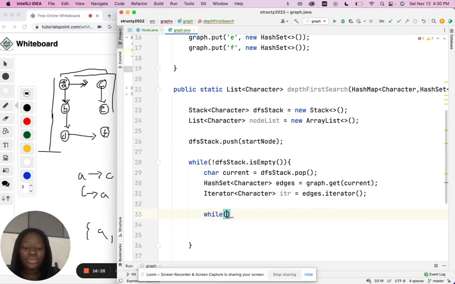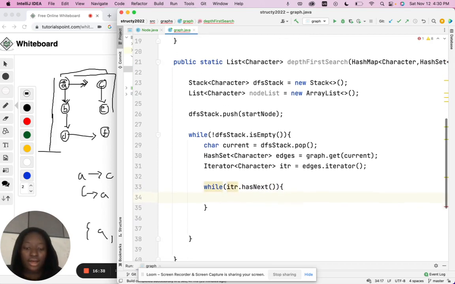So now we can have a while loop in here that says, okay, while iter.has next, so while there are still values in our hash set or more edges in our hash set, then put those neighbors onto our stack so we can keep going in this depth first manner and still stay in this while loop so that we can get the right ordering or complete the traversal basically. So while iter.has next, then wait, what did I just say that we were gonna do? Oh, we're putting these values on the stack. So dfs stack.push